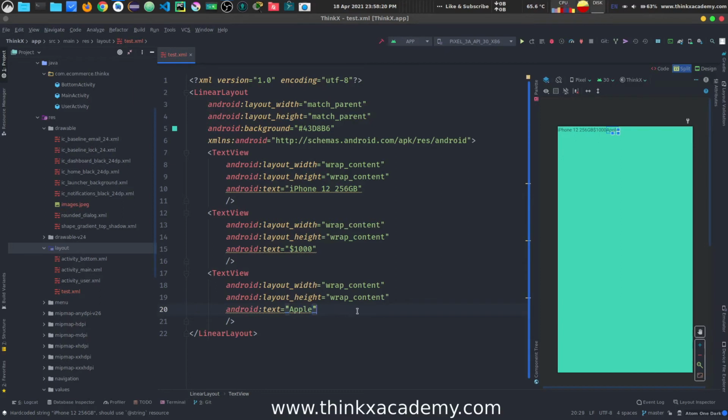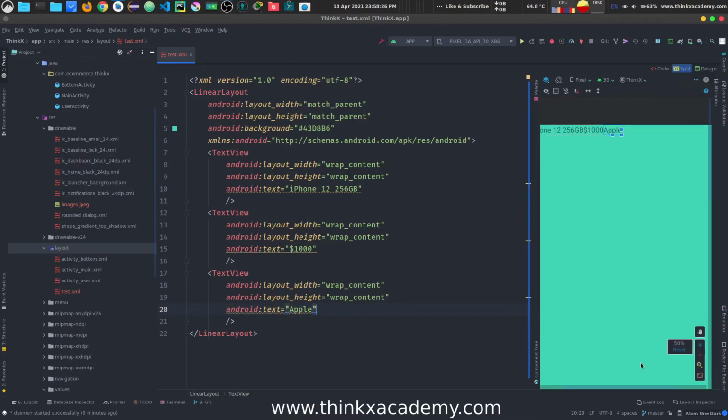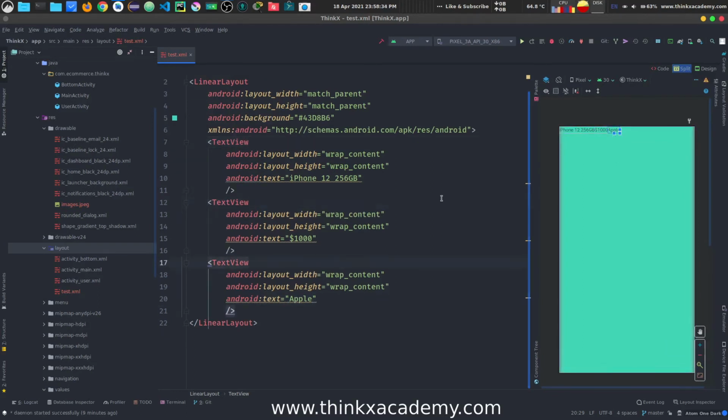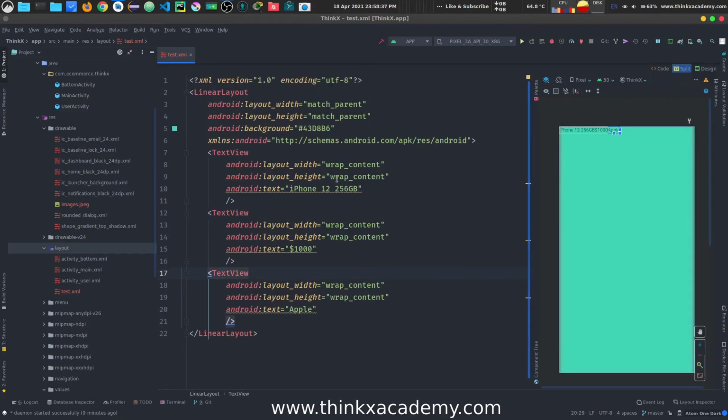So now you can see that we have written three text views, and inside of this whole screen we have iPhone 12 256 GB here, then we have $1,000, and then we have Apple, right? So this is a linear layout with orientation horizontal.